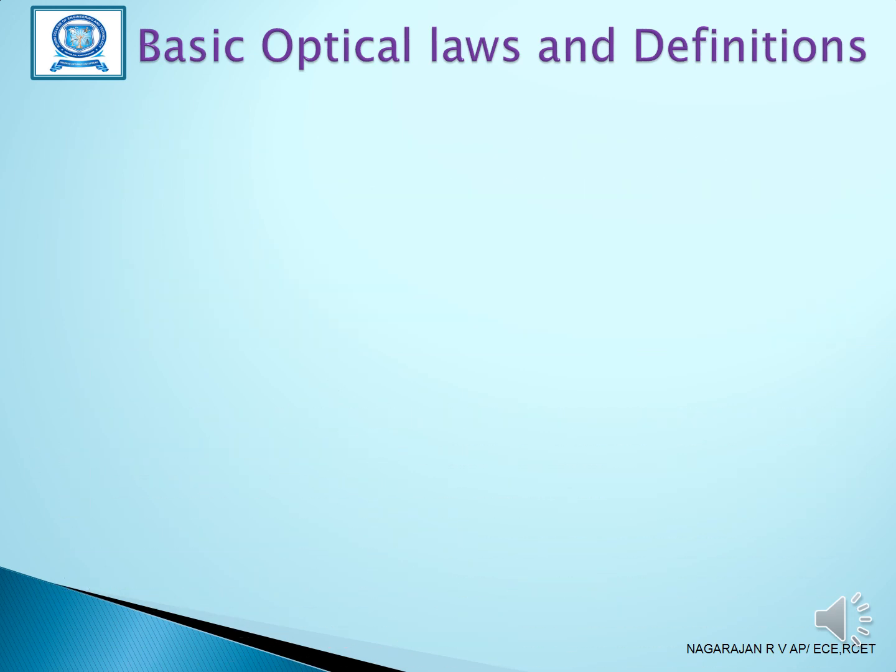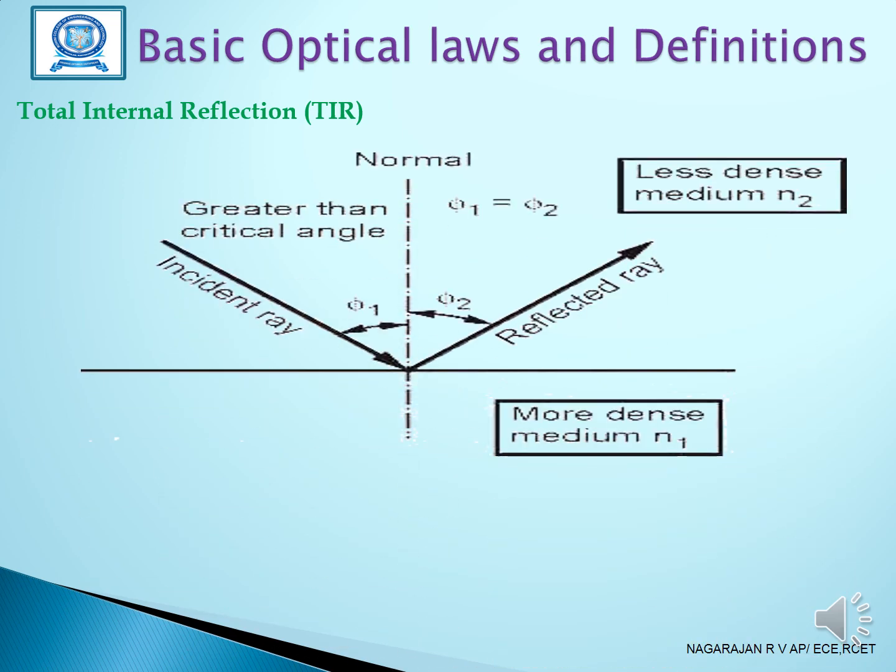So next, let us see the total internal reflection. It is considered as TIR. In this diagram, the incident rays meet at the surface and the reflected ray angle is considered as phi 2. The incident ray angle is phi 1. Of the two media, the less dense is considered as n2, and the more dense is considered as n1. So the total internal reflection,